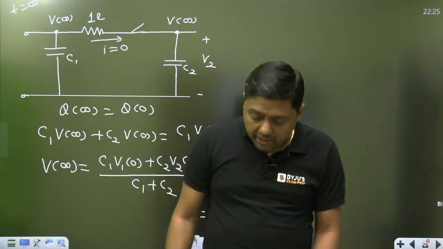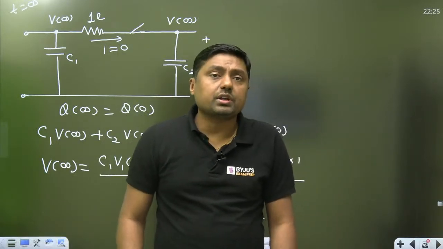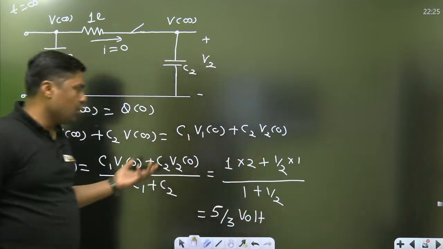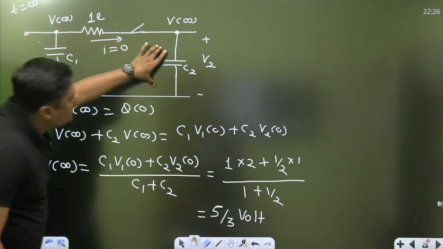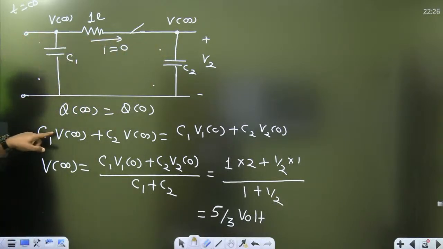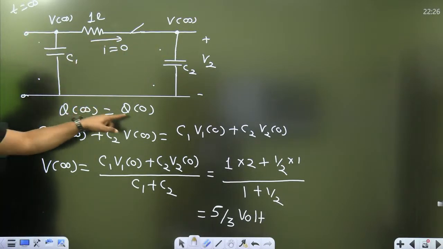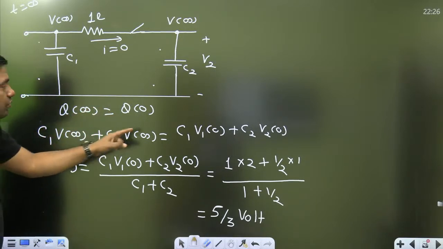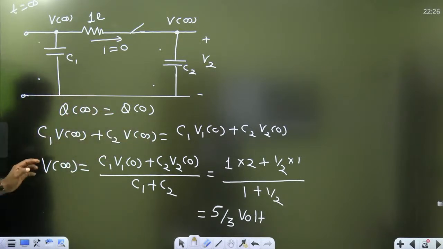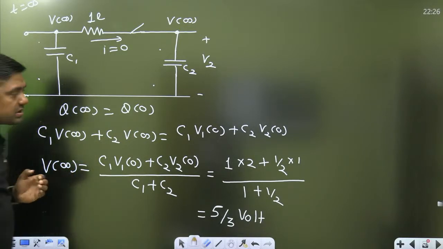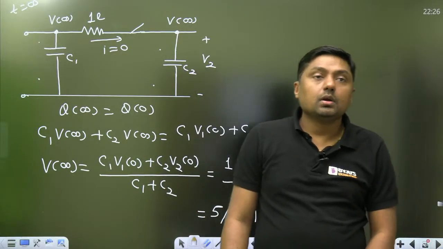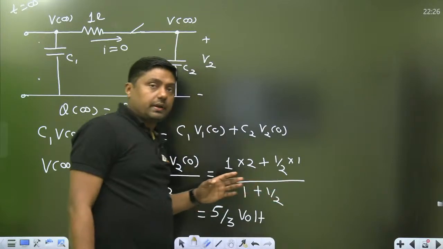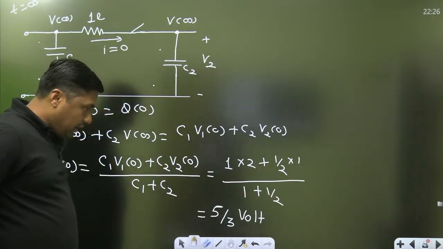5 by 3. How many students gave the answer for this question? Sir, it is a very general question. Give me the answer. General means important, but you have an idea about that. If you have no idea, then please remember this. Finally the voltage across this capacitor and this capacitor will be equal, and this value is given, according to the law of conservation of charge, by Q infinity equal to Q0, C1 V infinity plus C2 V infinity equals C1 V10 plus C2 V20, and that is the answer, 5 by 3 volt. It is the final voltage. Now finally watch this.